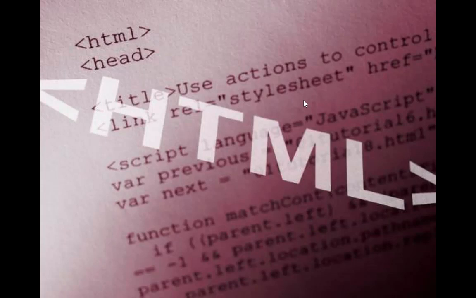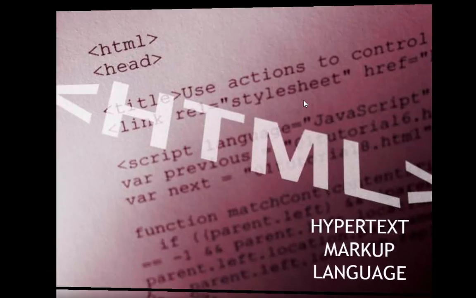And these instructions are written in special languages. It's not written in regular English. It's written in a special language that is called HTML, Hypertext Markup Language. Remember, the protocol for communication on the World Wide Web is HTTP, Hypertext Transfer Protocol. So the universal language whereby these instructions are written is called HTML, Hypertext Markup Language.